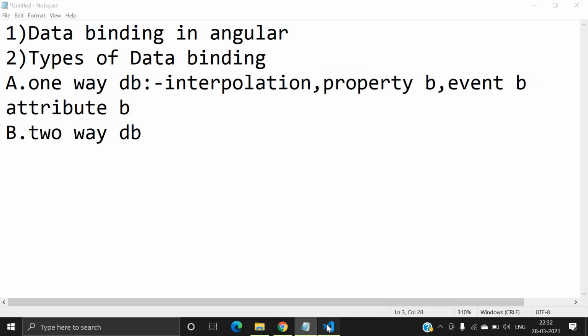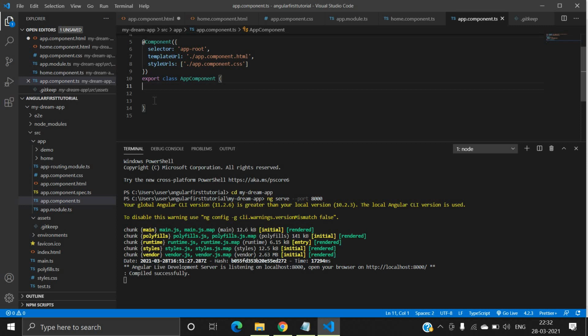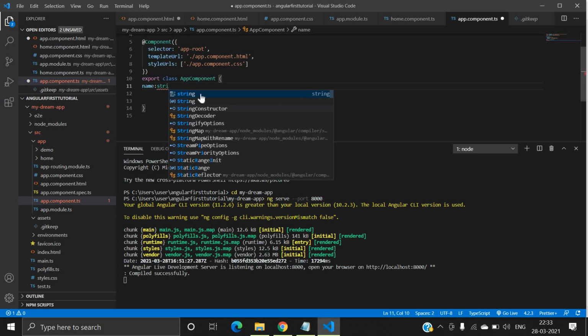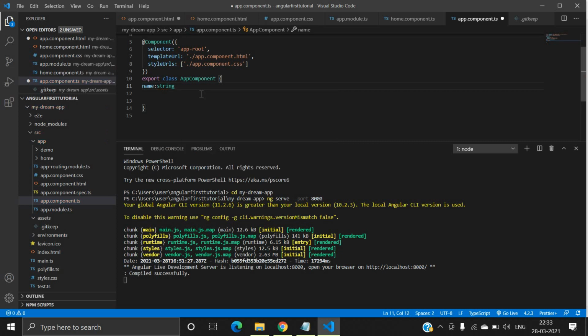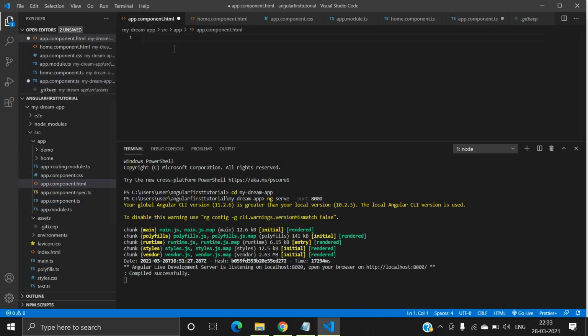So let's start. First of all, we have to create properties. I want to create a property called name, set its type to string, and its value to Rakesh. This property name we have to use inside the template file.